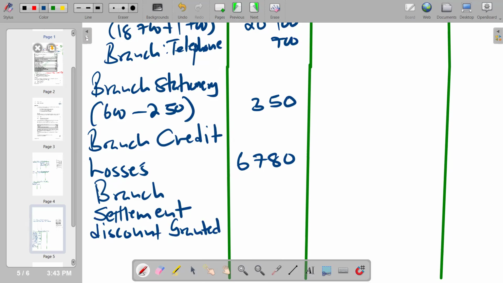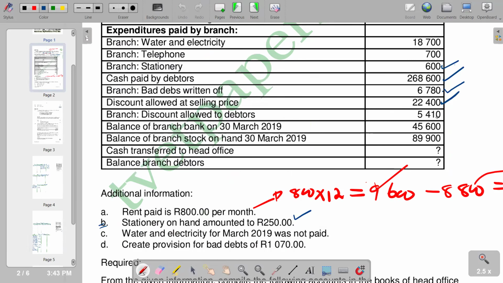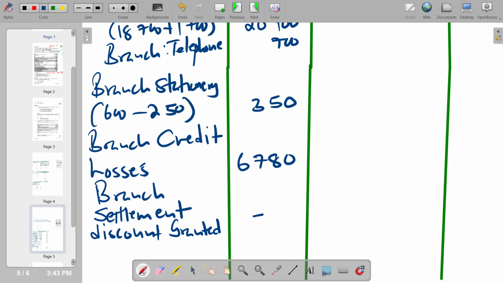So the amount is 5,410. So we see that we are not having the settlement discount granted account. So we are not going to do the corresponding entry. So with that, we move on to the next item,